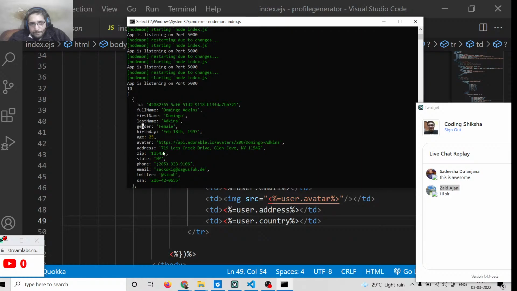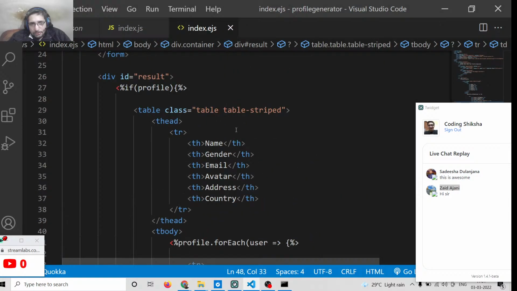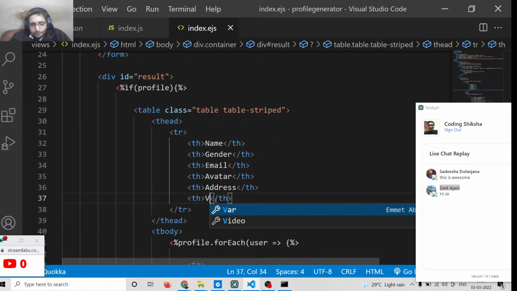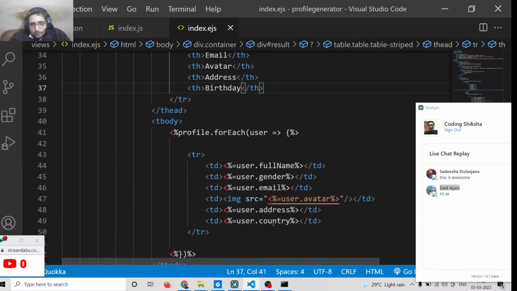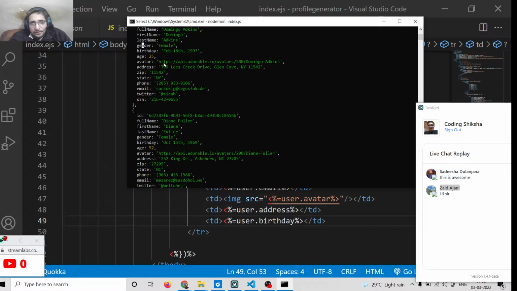I think country is not there. Instead, we can print out birthday. So we can just say birthday. So we can say user dot birthday. So basically this is, you can see birthday here. So all such information is there, guys. So now we can try to